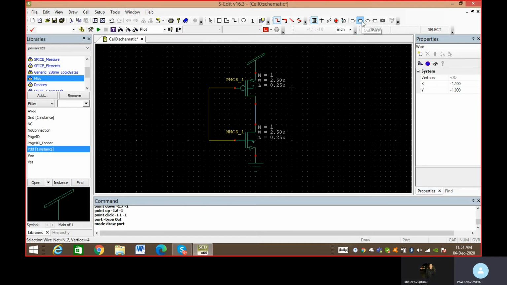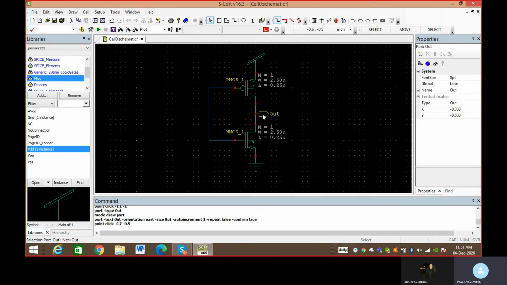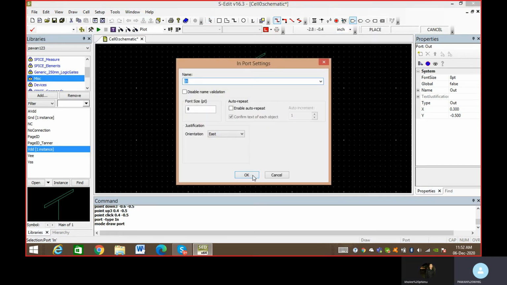See, this is the output. So I am placing the output here. The output is basically to see the output. I just connected it over here and then pressing Alt and taking it over here, right? By pressing Alt, you can move any component you want, and then there is an input. You are taking the input and just clicking it over here.